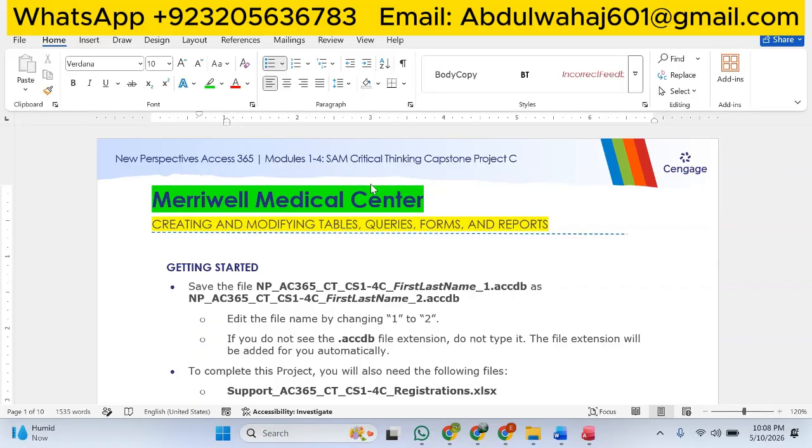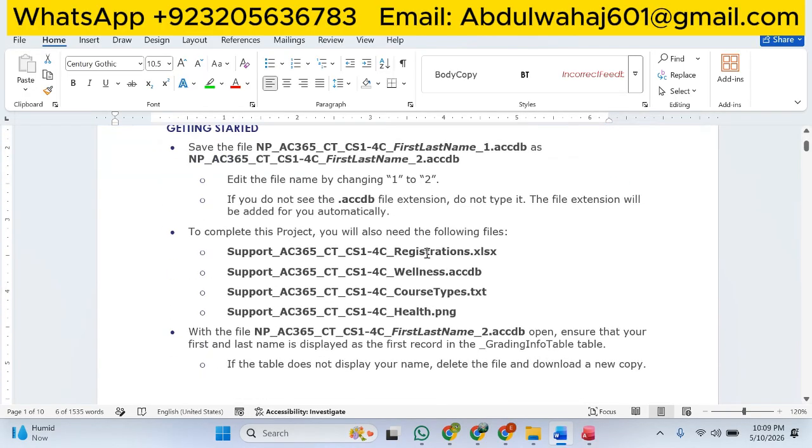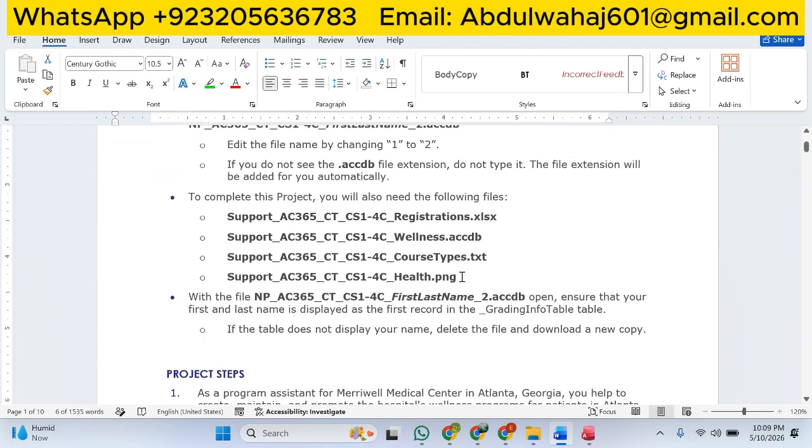Students, today we're going to do the Capstone project of Microsoft Access. The title of this project is Merriwell Medical Center, creating and modifying tables, queries, forms and reports. It is the Access Module 1 to 4 SAM Critical Thinking Project C, you can see. Before starting, make sure that you have downloaded these 4 support files because we are going to use them